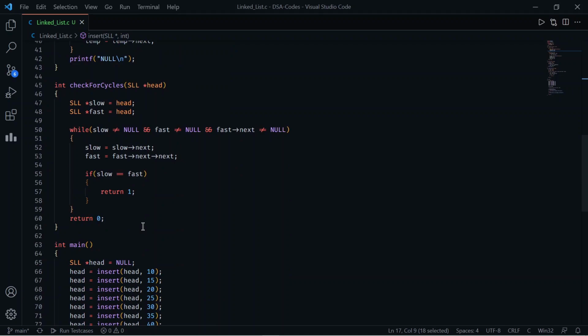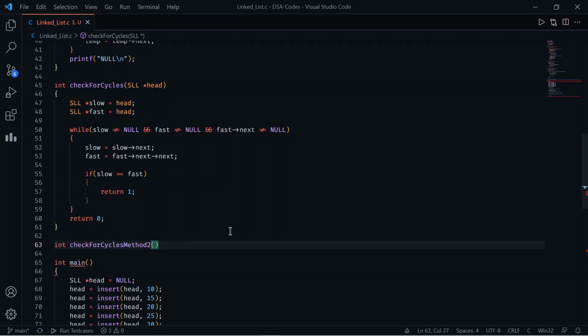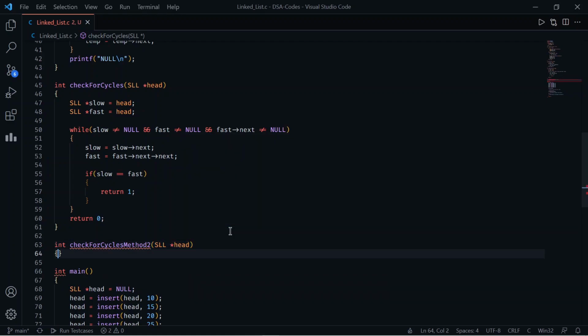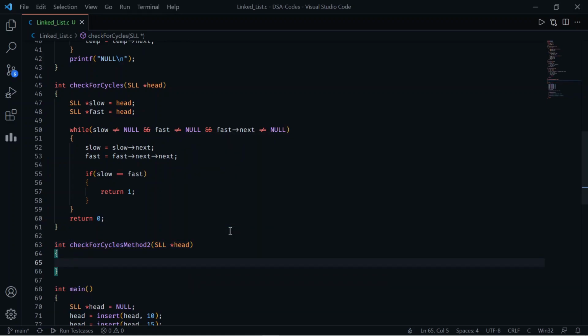So let's create the function for this. We can write int check for cycles, let's say method 2. I will require a head pointer as an argument, and here I want a pointer which is equivalent to the head pointer initially.